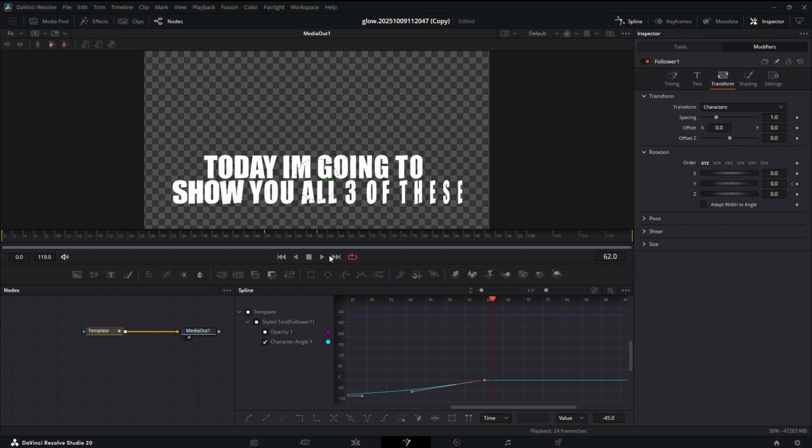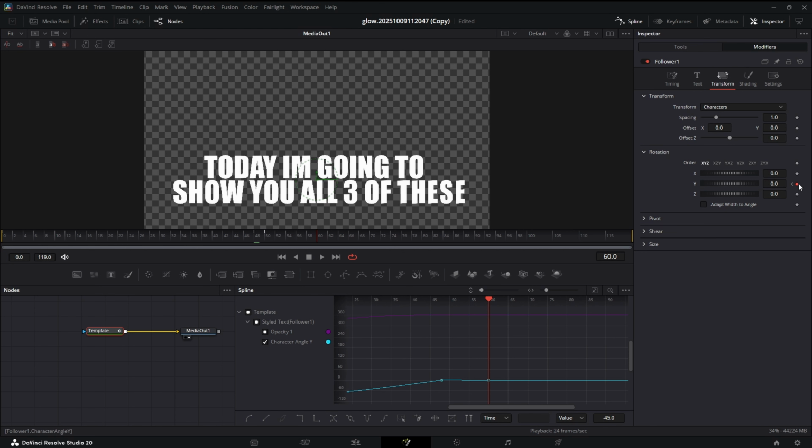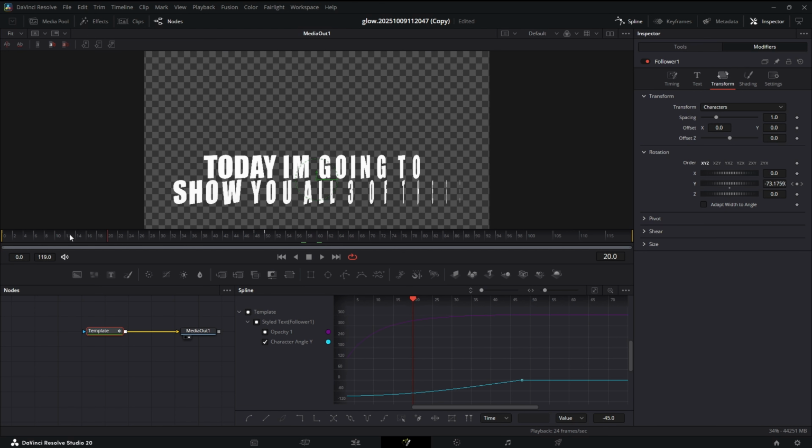I think our rotation is too slow, so let's go back and let's make a keyframe on 48 on Y, and we'll set that one to 0, and then get rid of the other keyframe. So let's see what we get.